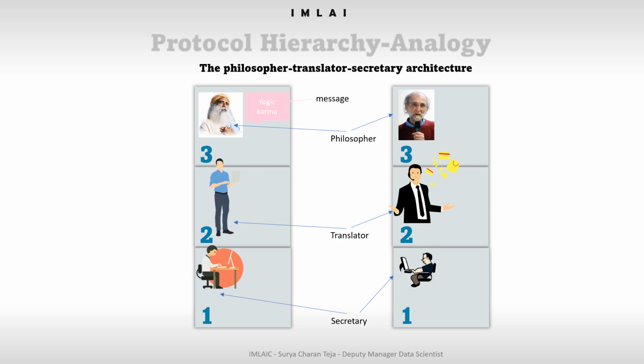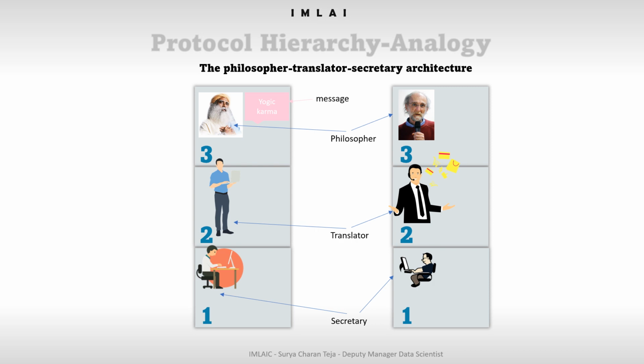To do so, if he passes it in English, is it possible for a person who does not know English and Kannada to understand what he was saying? No, it's not possible. So that is the reason we are using a multi-layer communication process to transfer the data